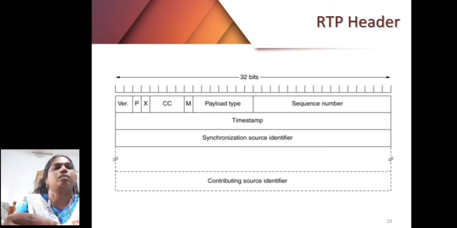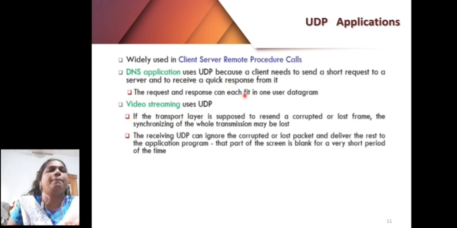Next is about the applications of UDP. Mainly it is used in remote procedure calls, and it also supports DNS applications, that is, when you want to send a short message for receiving a request reply. So the UDP protocol is used because a quick response can be received in a DNS query, response message, and other types of DNS services. We use this type of message, that is datagram messages, with the support of the UDP protocol.